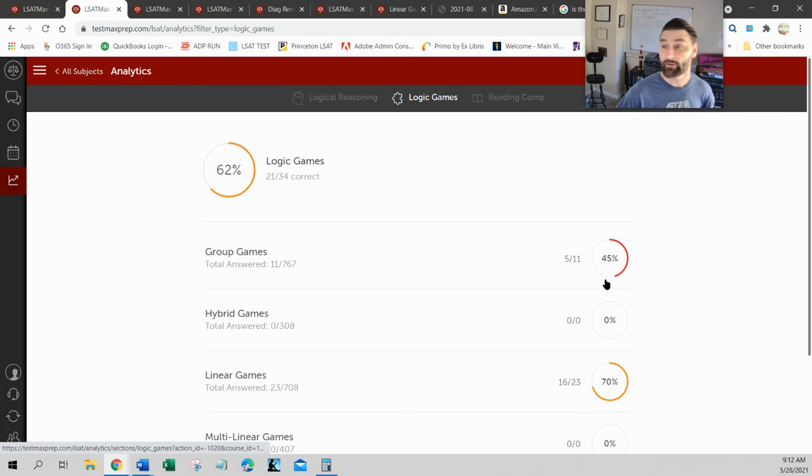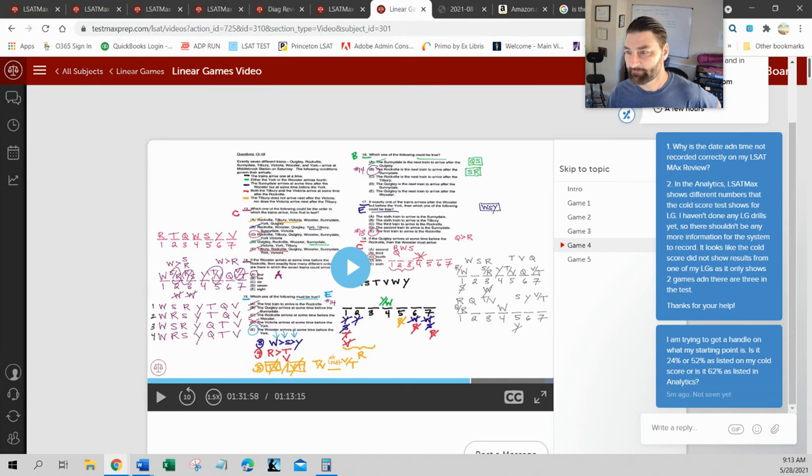Got it. So anyway, it looks like my starting point is somewhere around, if you just get right between these two, 25 points. So 57 or so percent is my starting point on average for logic games. They say 62 here, and that's fine. Anyway, somewhere in the 50s and 60s. I want to improve that significantly so that I can get a better score, obviously, that being the goal of doing this. So that's my starting point.